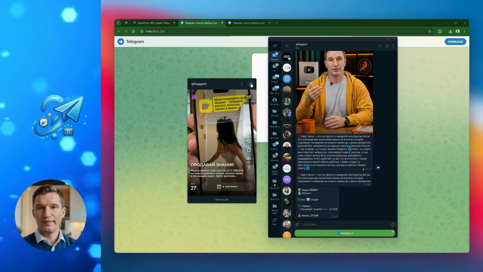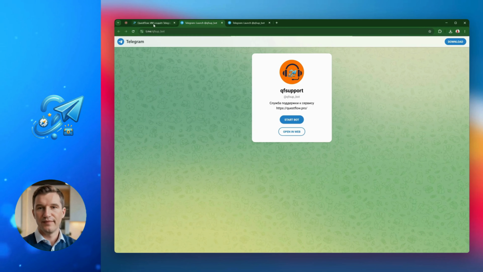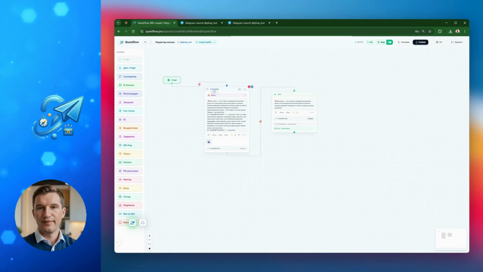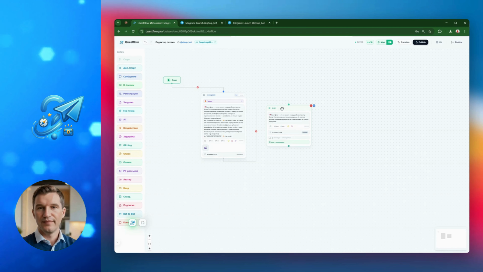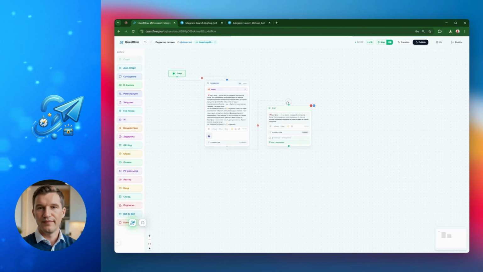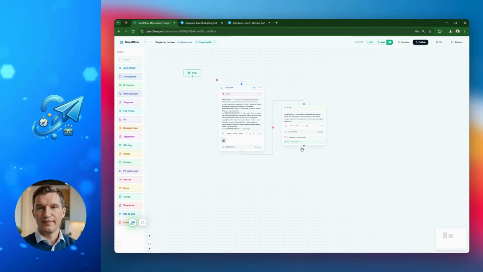We close the window and see that the bot has already instantly sent us a notification confirming the order. From there, the funnel works for you. The client paid and the bot sent a receipt. The status changed to out for delivery, and an individual notification arrived. If you don't have